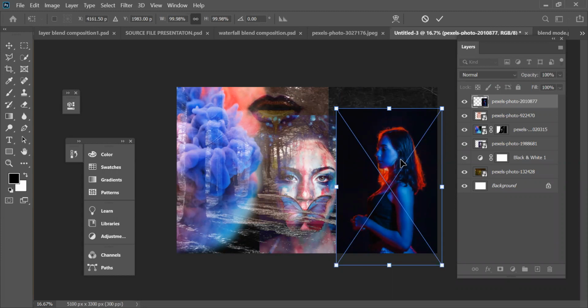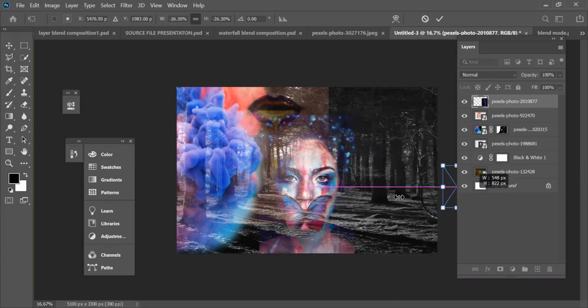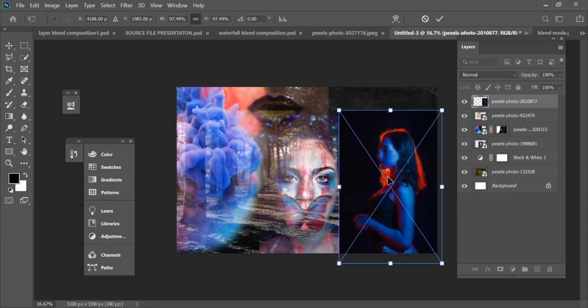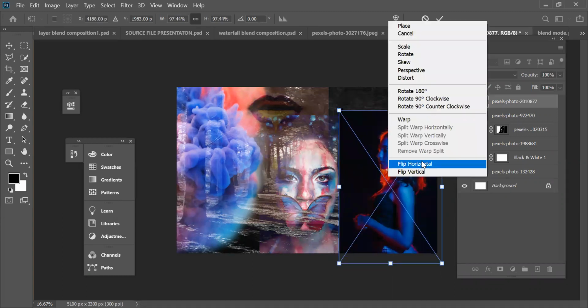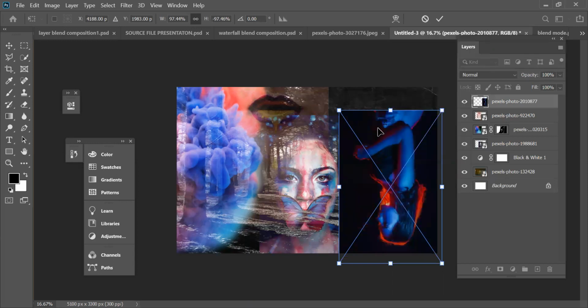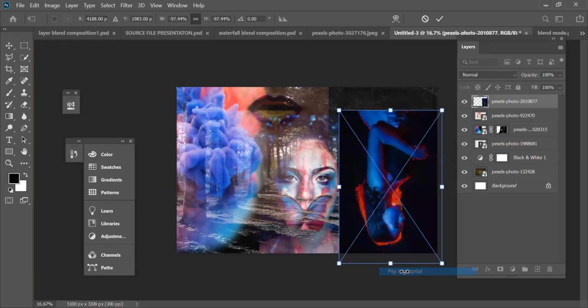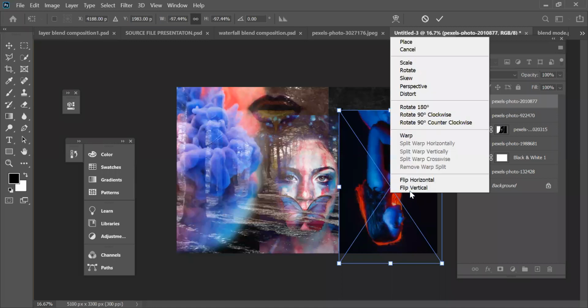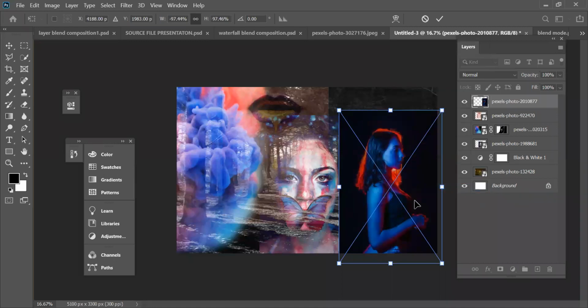So how do I reverse it? I can do it like this, or I can right click, and there is flip horizontal, flip vertical. So I can go flip and then flip vertical. Yes, like this.